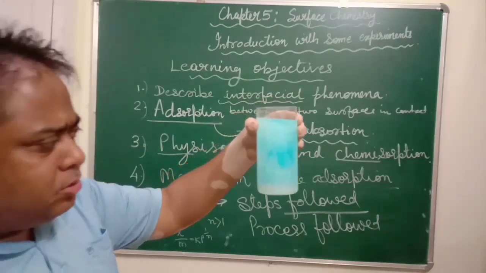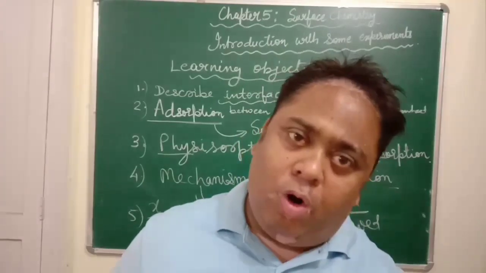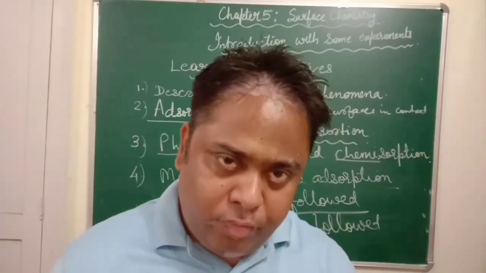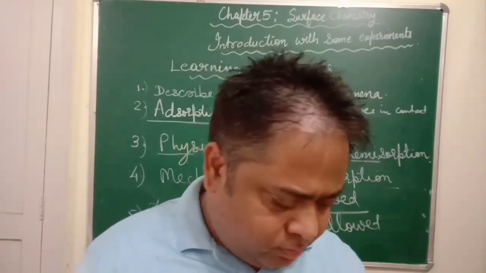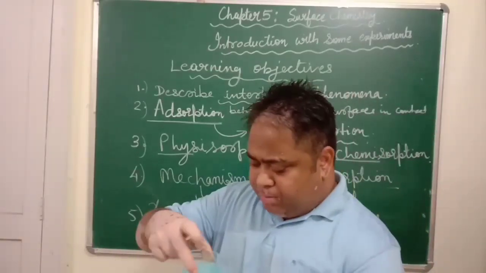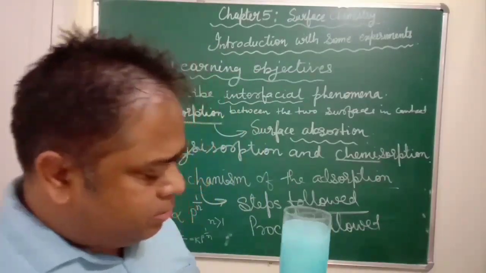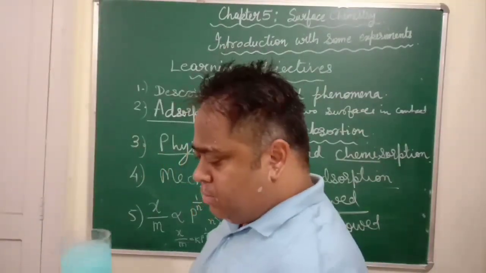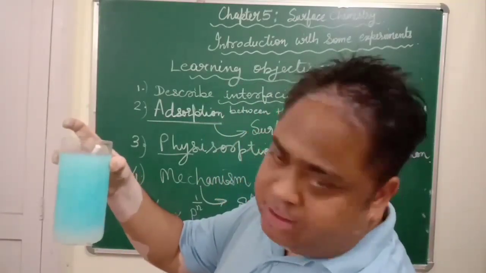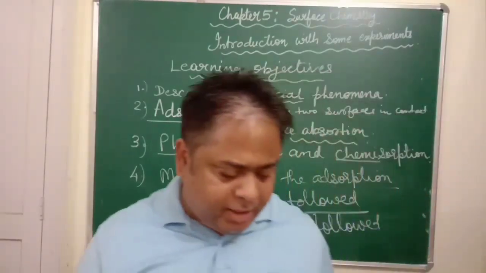I am not stirring it also. So this is spontaneous intermixing of gaseous particles or liquid particles or fluid particles. Fluid particles are the particles which can flow. It could be liquid also, it could be gas also. So they spontaneously mix up without any external effort. So we'll be studying about the colloidal nature, means how colloidal